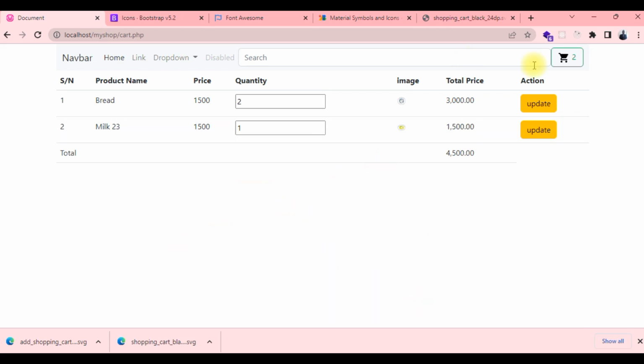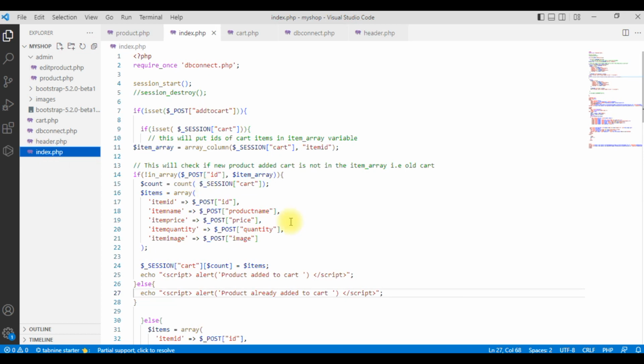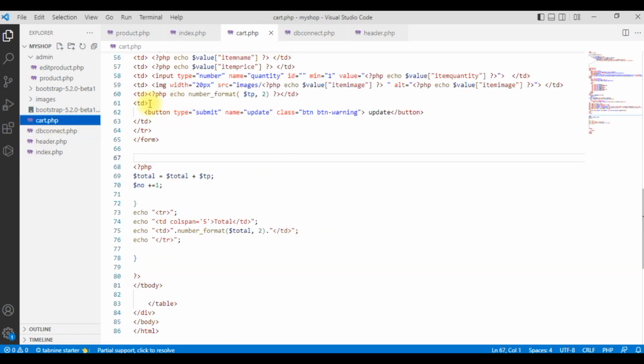The delete will be in front of each product as we have the update, so that you can delete a particular product at a time, not like you delete everything. So therefore we are going to come to the index where we have the cart. This is the button for the update. Then we have another button that we are going to use for